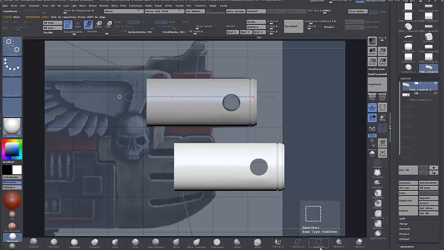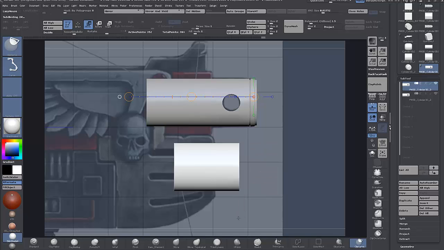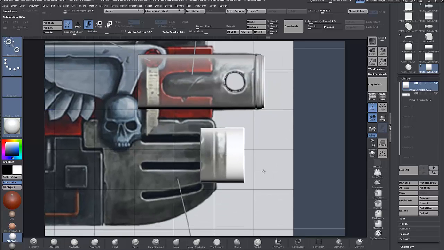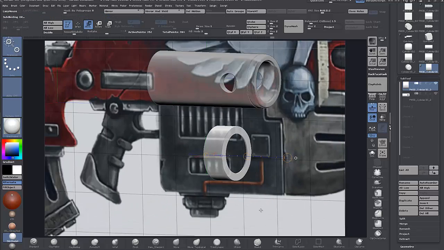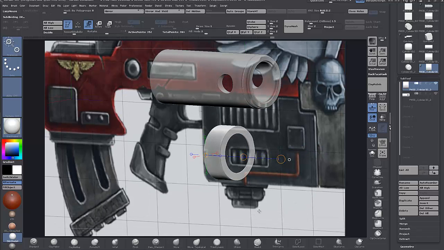So what we'll do now is we'll just use a clip curve, and we'll just clip it there and there, and bring a fill mode up. And we just bring it in there to there. And now what we can do is